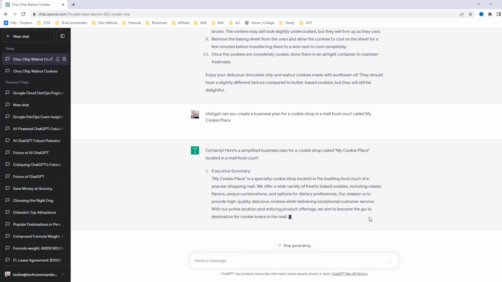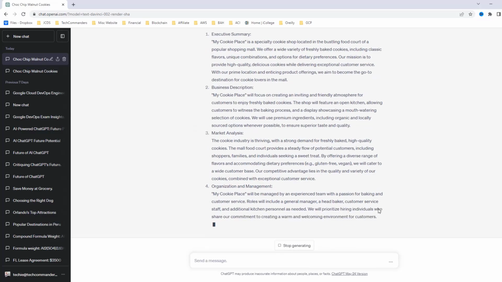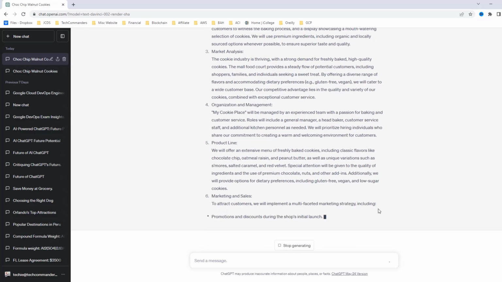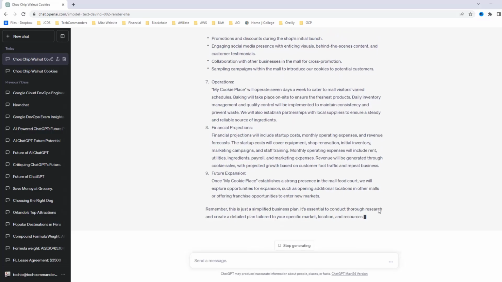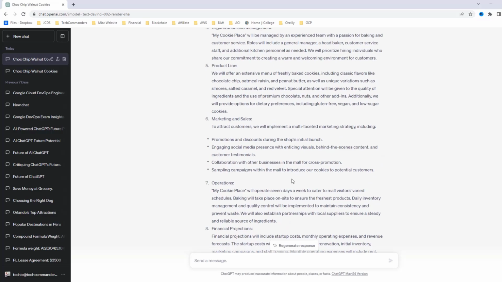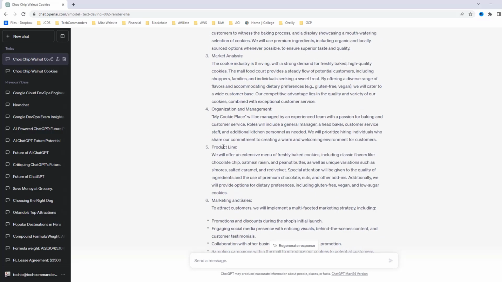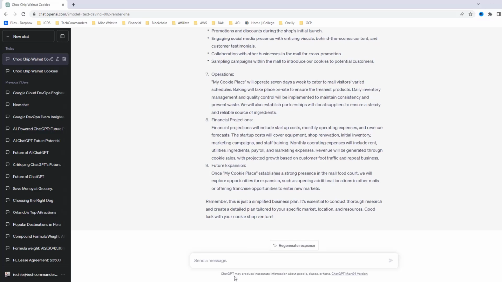So it'll go ahead and generate the executive summary. It gives us the tagline. It gives us the name of the business, any kind of financial projections. And one thing to be aware of is we could also specify detailed product lines or organizational management. I could say, for example, I'm going to put that in again, and